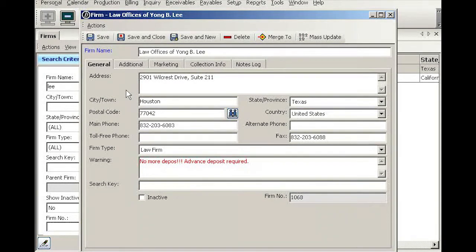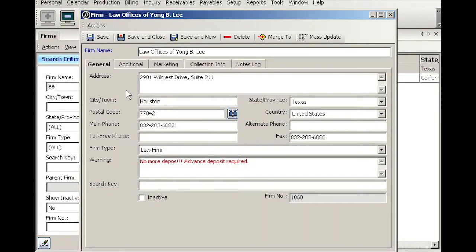Now let's say when this client finally calls you, because he needs a reporter for a couple of depos on a case that he's working on, and you tell him that it is estimated to be about $5,000, and that when you receive the money, you will actually do those depos. So let's say he sent you a cashier's check, and now let's see how we put that money into the